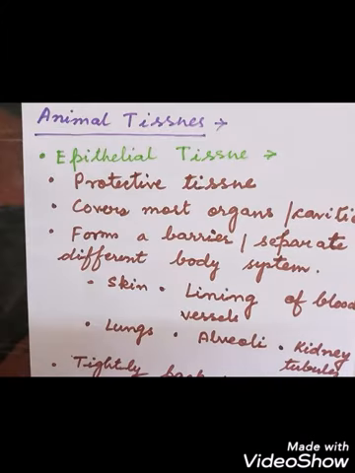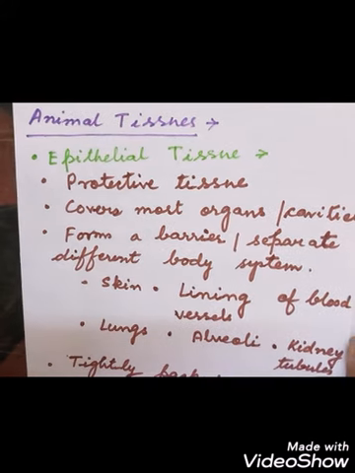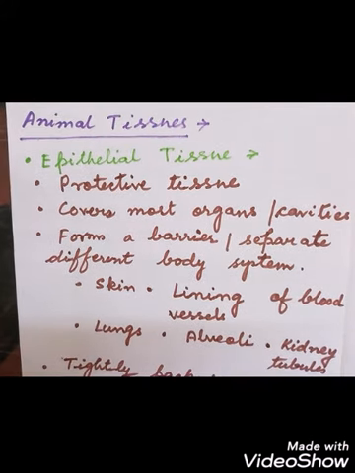Now we will start with animal tissues. Here in the animal tissues, the definition of tissue is the same, that is, a group of cells performing a common function is called a tissue. As in animals, which are multicellular, the cells of different parts will combine together performing definite functions, like muscle cells will combine together to form the muscle tissue that will help in contraction and relaxation. Similarly for respiration and for circulation also, different types of tissues will work together.